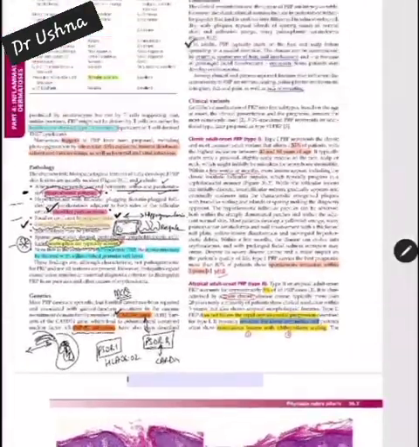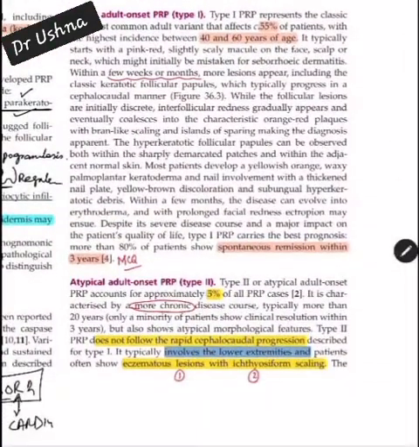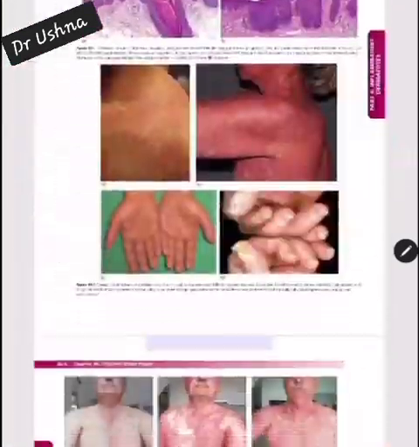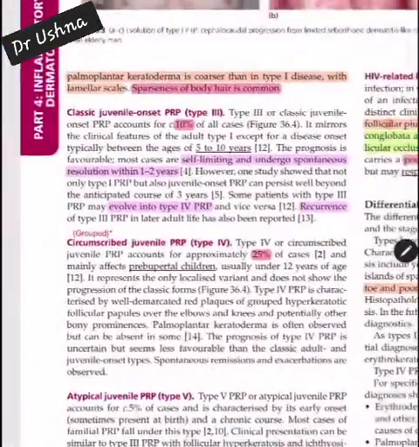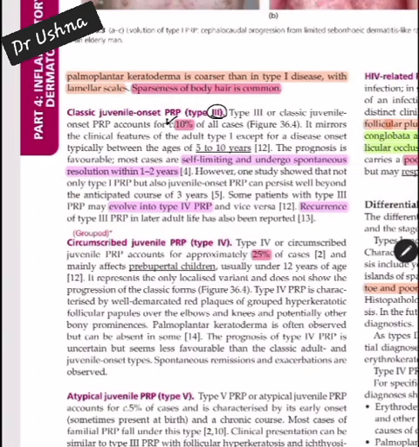Next come the classical presentations. So the presentation of PRP, the first is your classical type 1 PRP. Classical type 1 PRP is the major bulk of the disease. It's 55% of the patients. You have to remember the age distribution for understanding the MCQs: 40 to 60 years is your classical adult type. The counterpart of the classical adult is your type 3 PRP, which is classical juvenile type. You can remember classical juvenile type is 10% and presents at 5 to 10 years of age. So age of distribution is just a little clue. If you are dealing with an adult patient, you are dealing with type 1; with a juvenile, type 3.